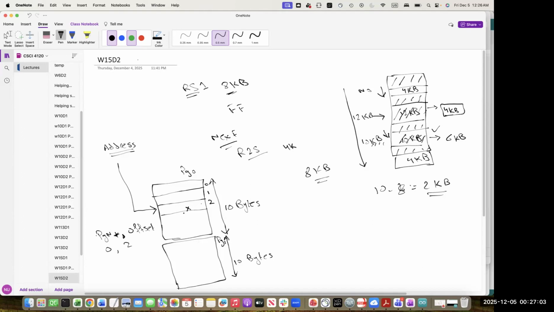where that byte is located, right? So that's why, any address that is generated by the CPU, we break it into two components, right? So that is broken down into two components. The first component holds the offset, and the second component holds the page number, right? So for example,